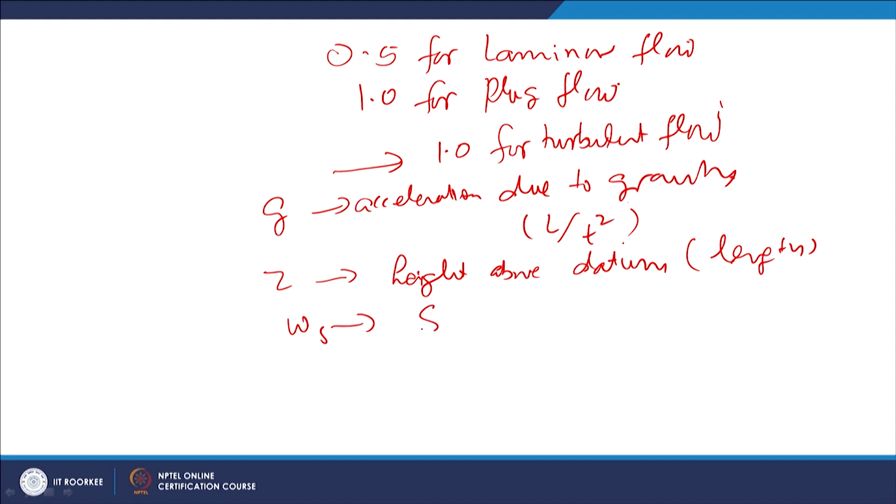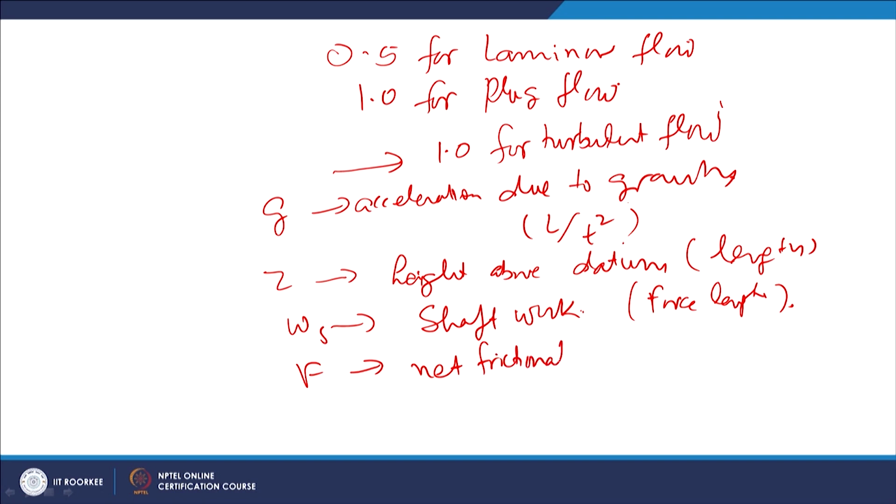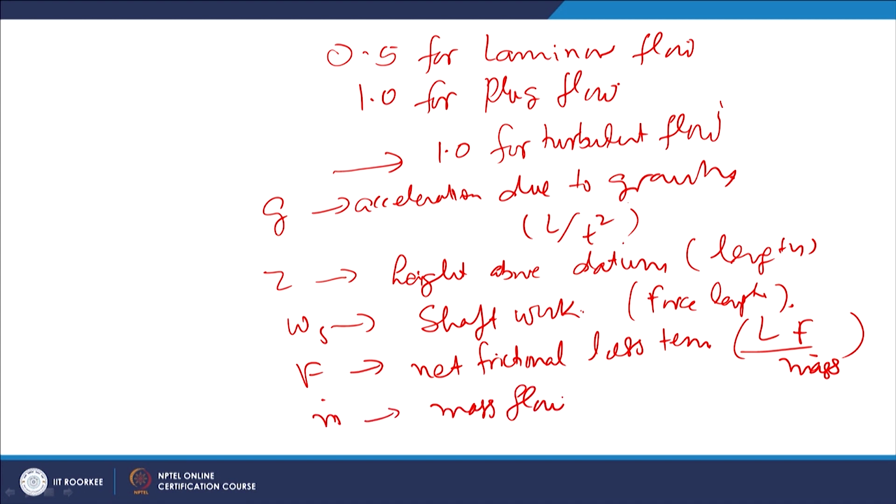Ws is the shaft work, that is force times length. F is the net frictional loss term, that is length times force upon the mass, and m is the mass flow rate, that is mass